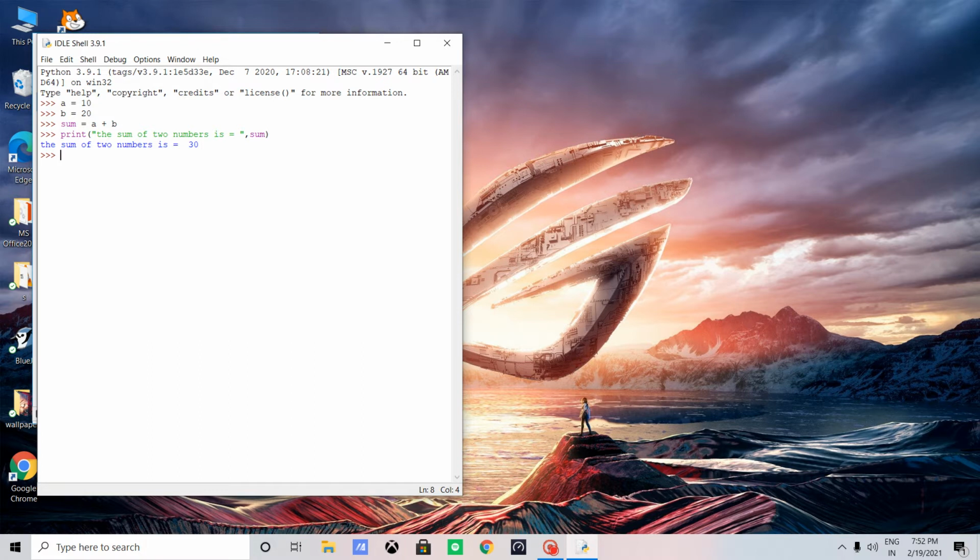Now see, if we need to subtract both numbers, then we create a variable like diff, which is equal to a minus b, and then enter.